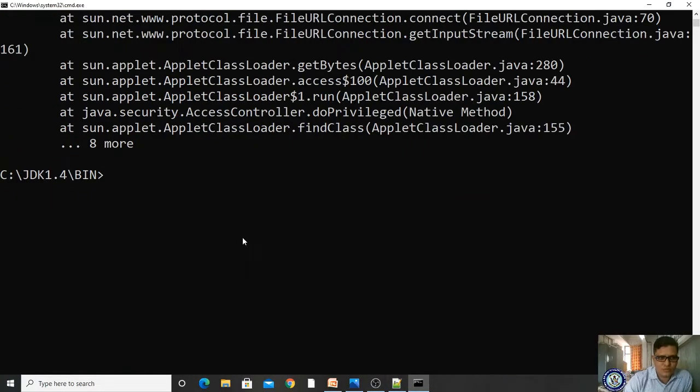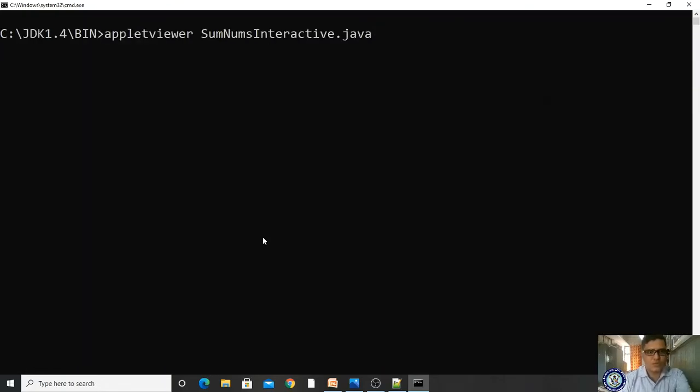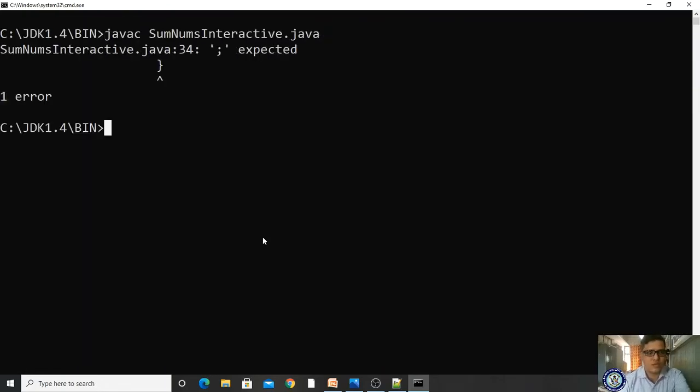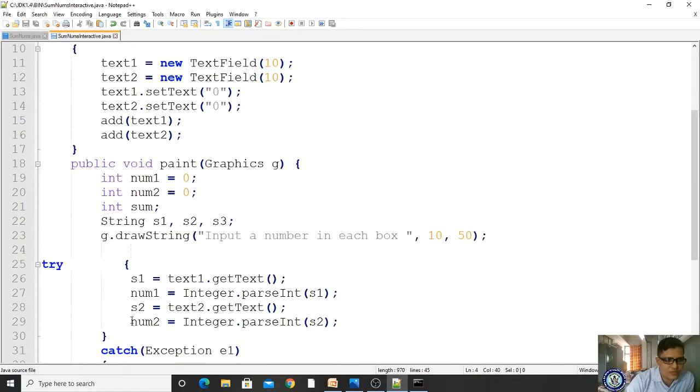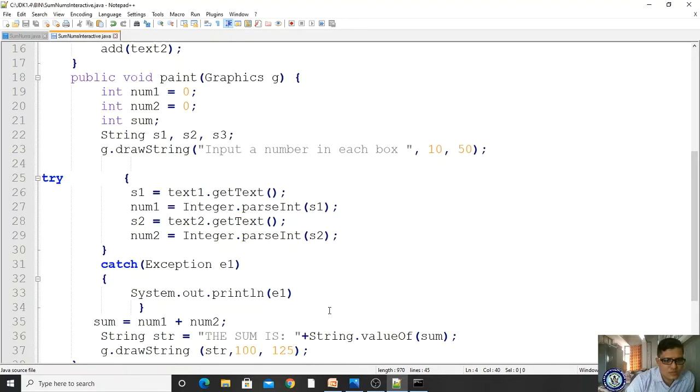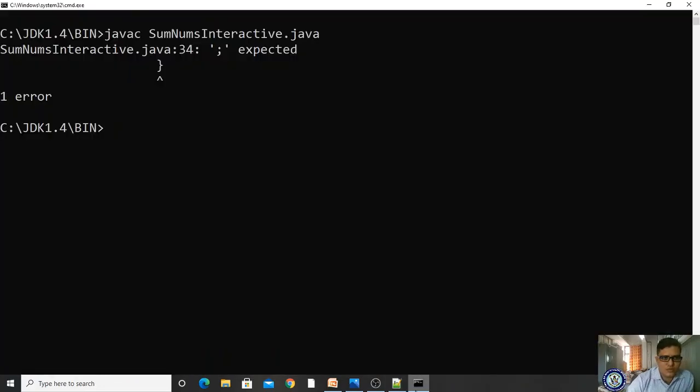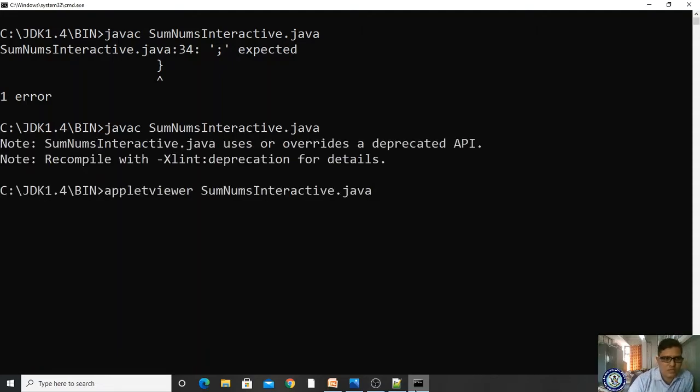So in the URL it is better to give it. Let us compile once again. Line number 34 is a mistake. What is line number 34? We'll see. Yes, this is right. You have taken it right. Okay, let me save, come here and compile once again. No error, and run.